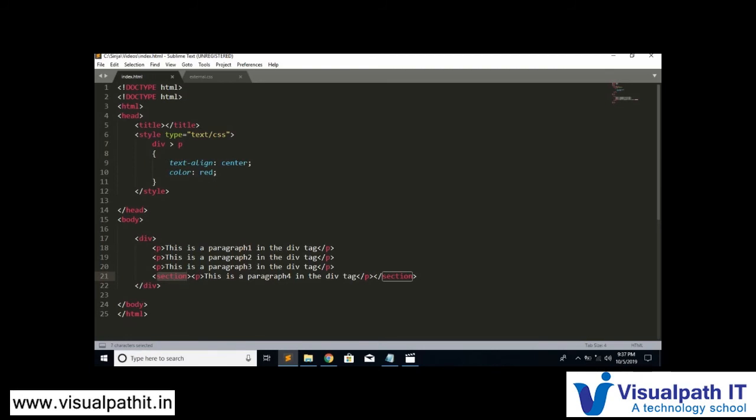The basic concept of descendant is that this was the specified tag, so the specified tag as well as the descendant tags present in this div tag will be given that style property, right? But now we are just considering the parent-child relationship. So this is the parent and this is the child. When it gets executed from top to bottom, it will see P, so these three are executed. When it comes to this section, is this section mentioned here as a child? No. So it will not execute this section. That's the difference.